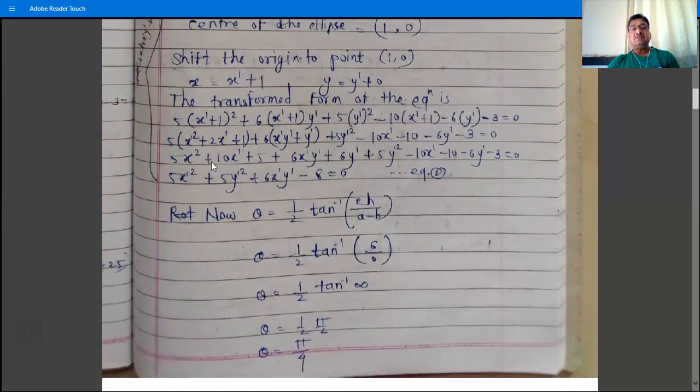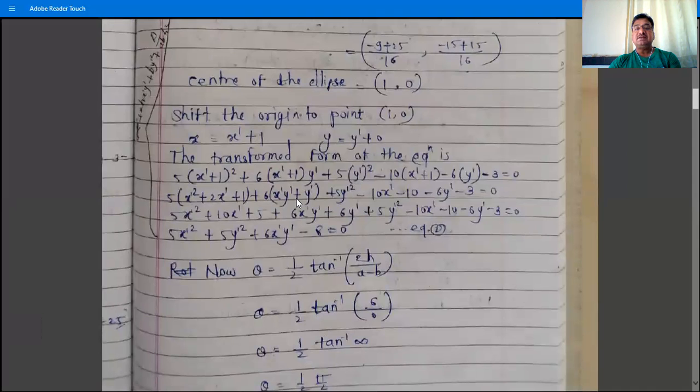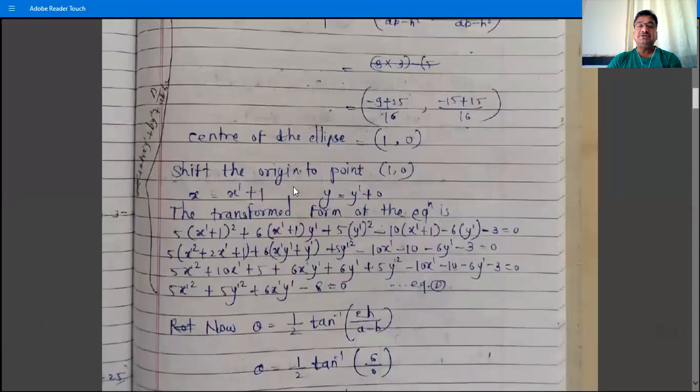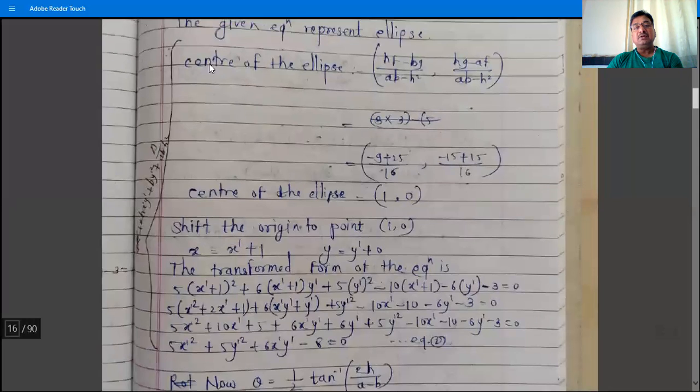So if you observe this equation, the terms x and y are removed from the given equation. There are just the terms x dash square, square of y dash, the product term x dash into y dash, and one constant term. In order to remove the terms x and y from the given equation, we shift the origin to the center of the conic. Okay, so instead of all this calculation, we can directly obtain this equation number 2